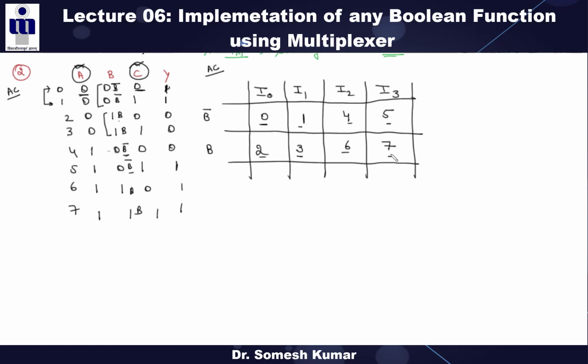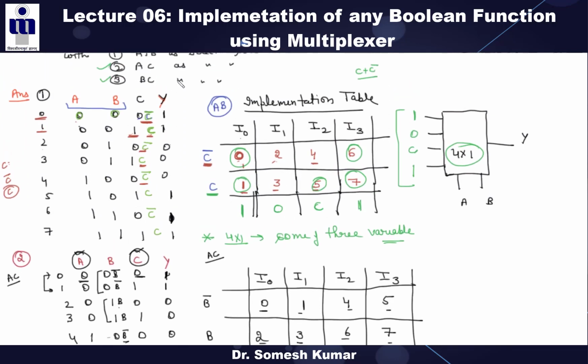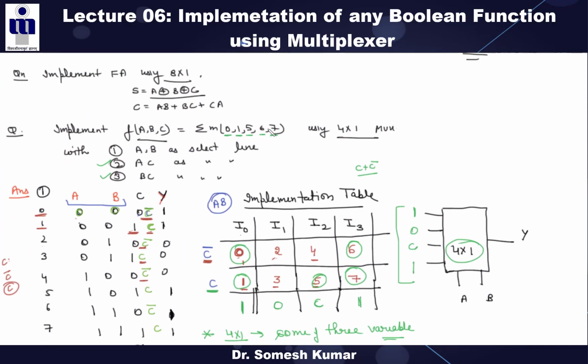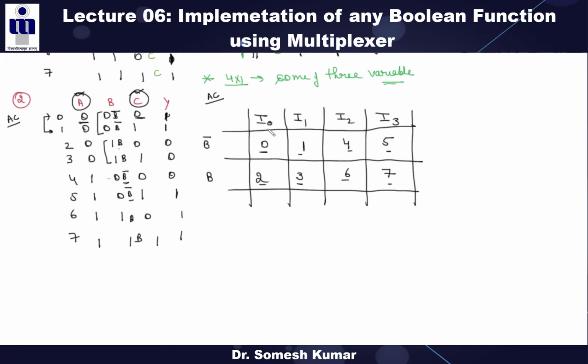Any doubt you can ask. Okay. Now see, as per your question, 0, 1, 5, 6, 7 are your outputs. Now circle all those minterms: 0, 1, what is the next? 5, 6, 7, right? Then accordingly, what are your outputs? What is I0 now? B bar. I1 is also B bar, I2 is B, and I3 is 1.